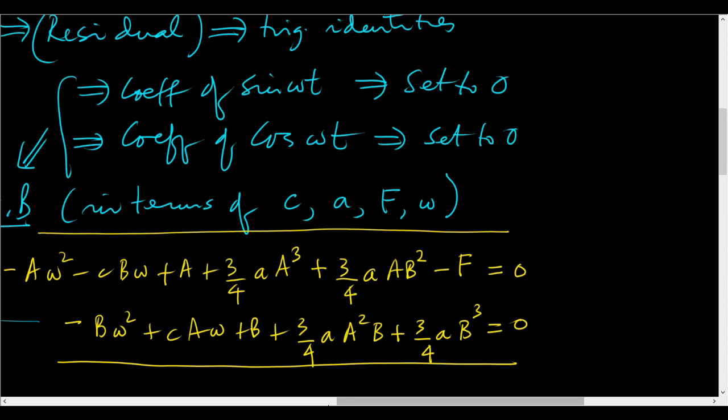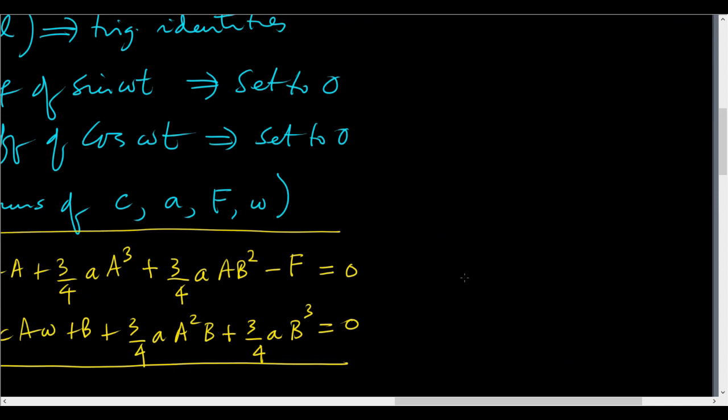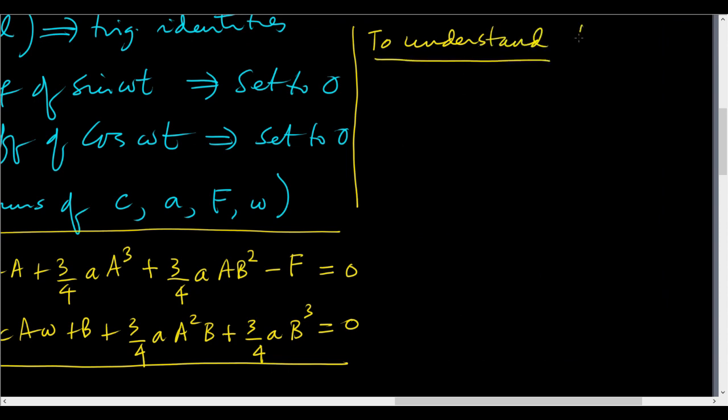Now these are nonlinear equations. In principle we can solve them quite easily, but what I will do is show you a way to understand them simply in an easy way. So to understand them, let c equal to 0, f equal to 0, then omega is irrelevant. So this is the unforced undamped case. When I do that,